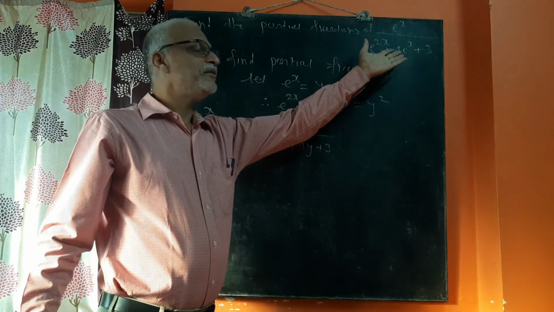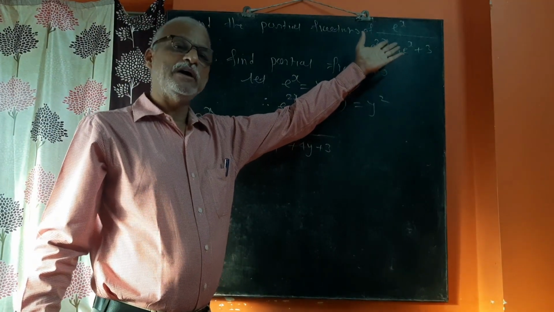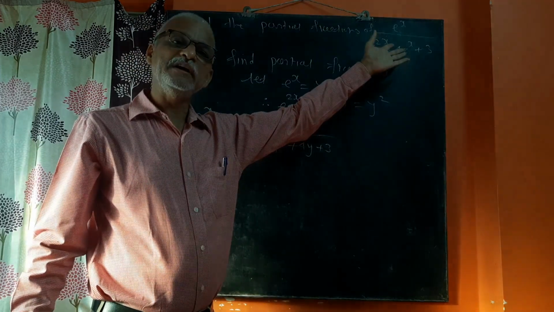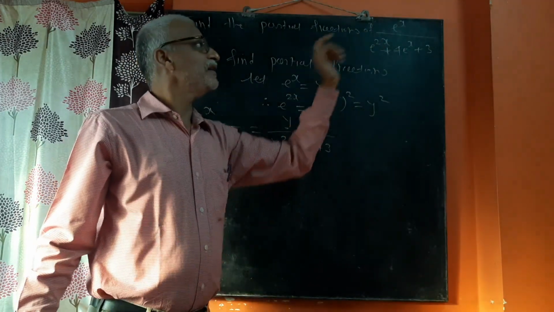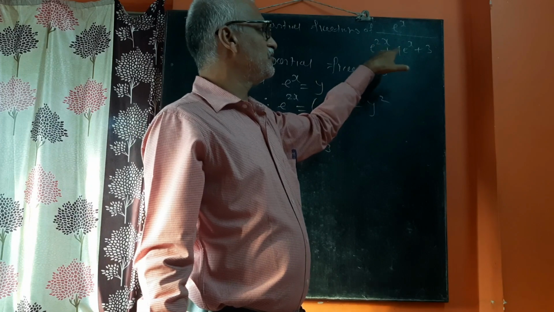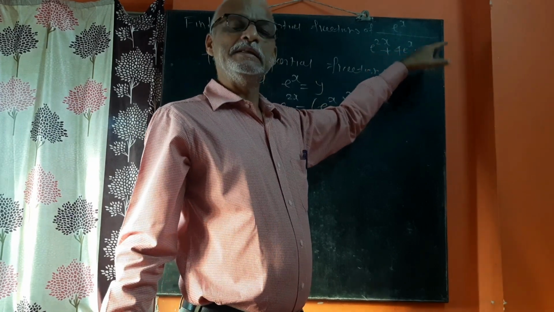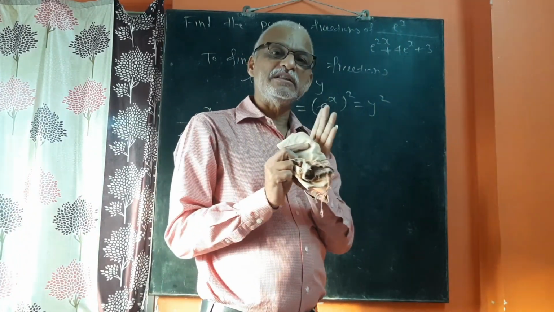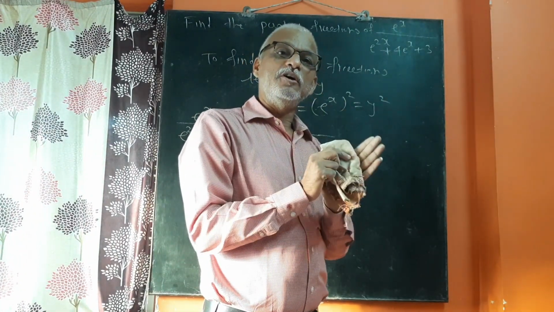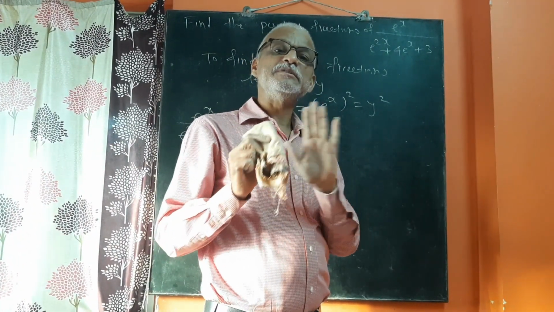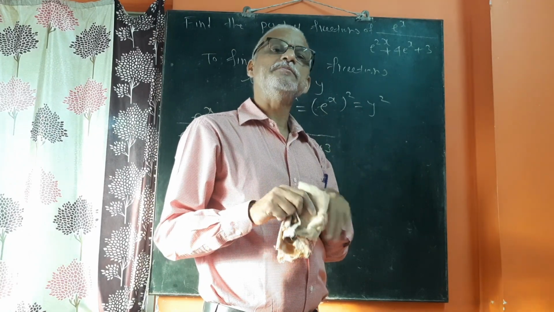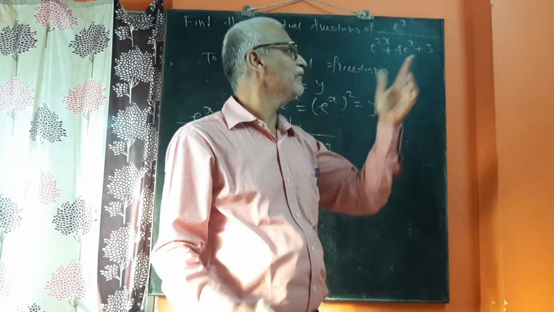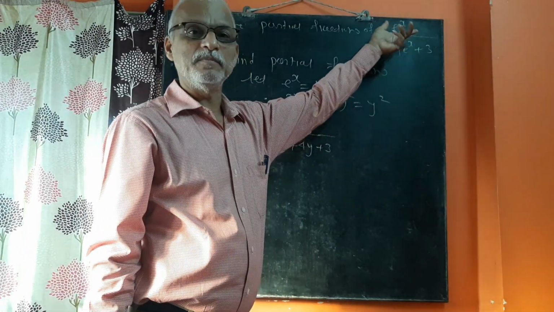Now in your mind one question may arise. Why have we not written this directly in the form of a upon b, and so on? The reason is that e raised to x upon e raised to 2x plus 4 e raised to x plus 3 is not in the algebraic form. Our equation should be in the algebraic form. That means it may be in x, it may be in the y form, it may be in the z form, but it should always be in the algebraic form. This is in the exponential form.